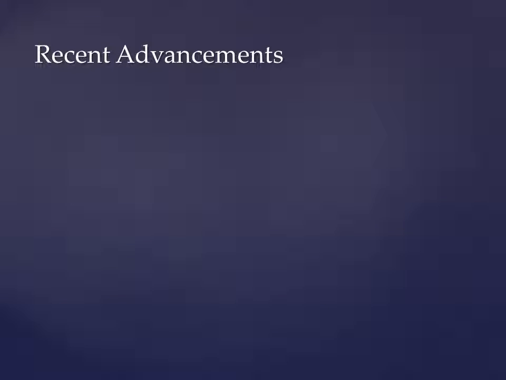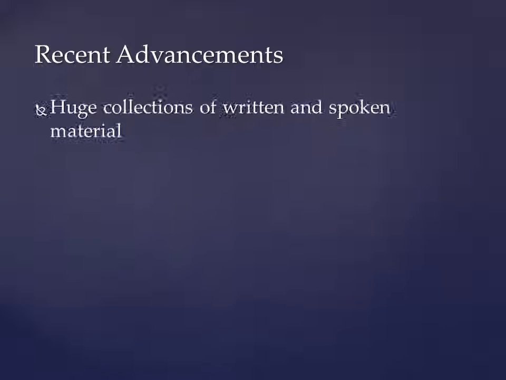So let's talk about the recent advancements in natural language processing. By recent, I mean since the year 2000. So in the 70-year history of natural language processing, these advancements have only recently been discovered. First of all, in the early 2000s, huge collections of written and spoken material became available. Collections like the Penn Treebank had syntactic and semantic information annotated with the written material, which meant new systems could be trained by comparing their parsed version of the written material to the annotations.